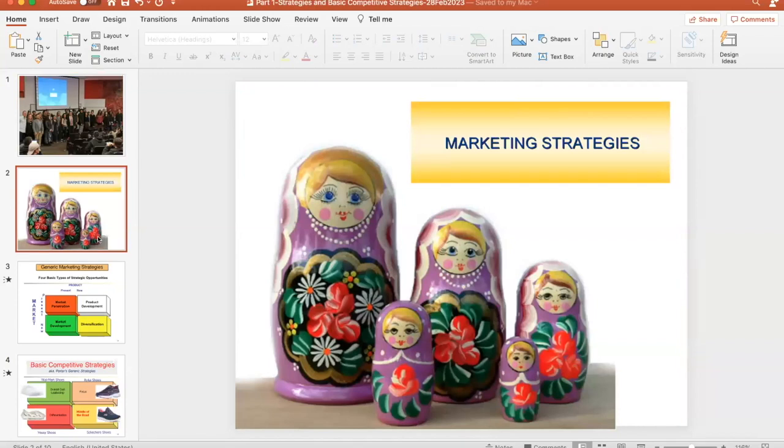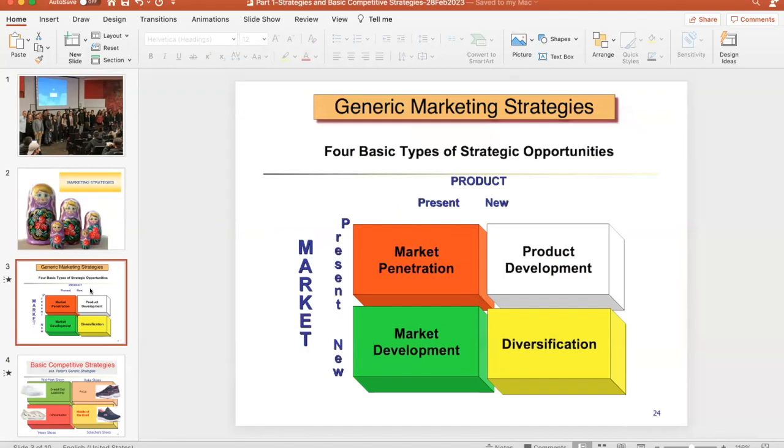So today I'm going to do a recap on the marketing strategies. The basic marketing strategies are the 4 strategies, which are called the generic strategies of market penetration, product development, market development, and diversification. The idea here is that you're either selling a new or existing product into a new